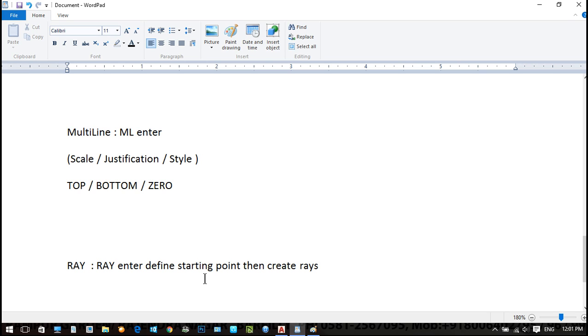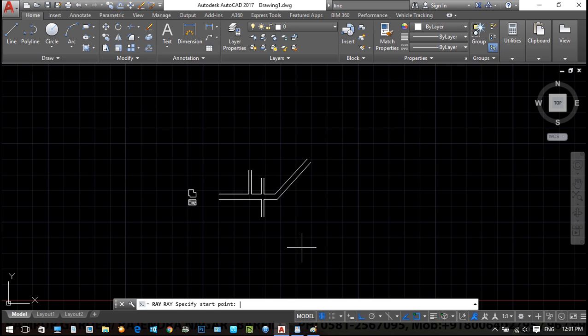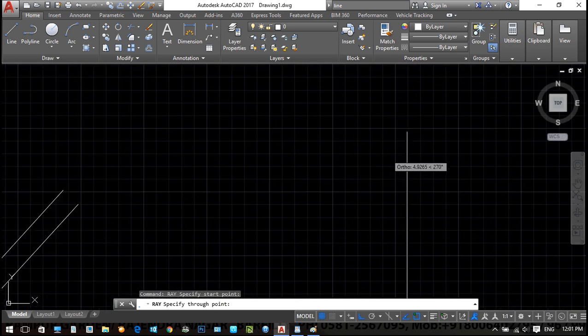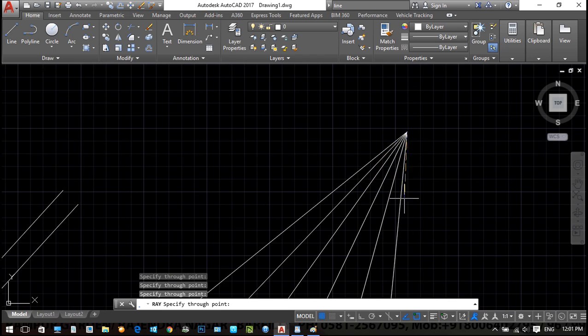Actually, a ray is also an infinite line, but we start from a point, so we set its starting point, just like we said ray, enter, and then we start with this point, and then we turn off F8 auto off, and then we can.